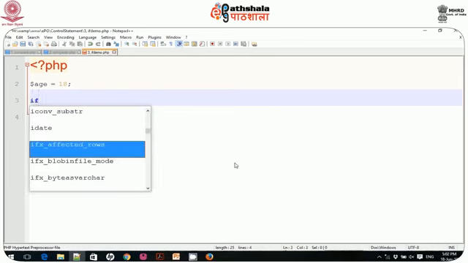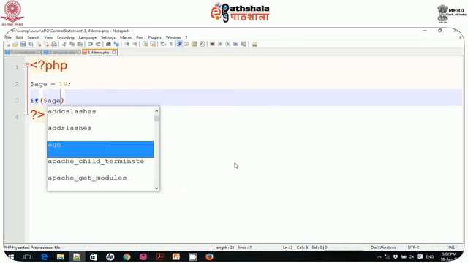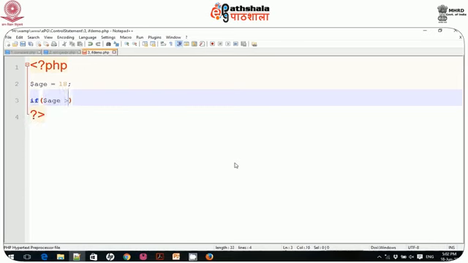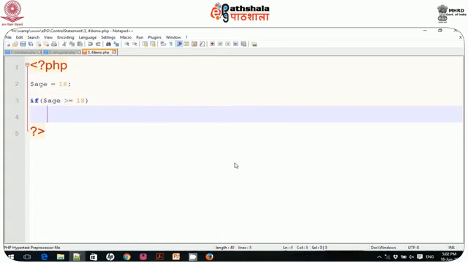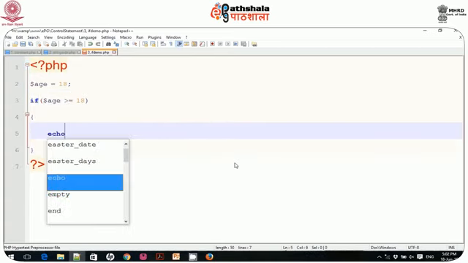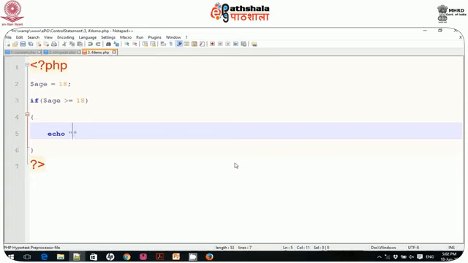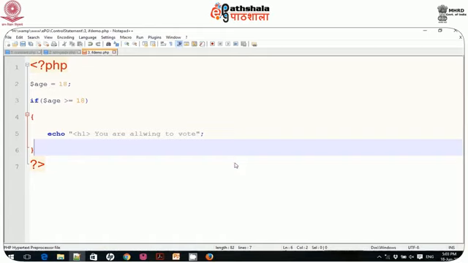Now you can check if $age is greater than or equal to 18, echo h1, you are allowing to vote.